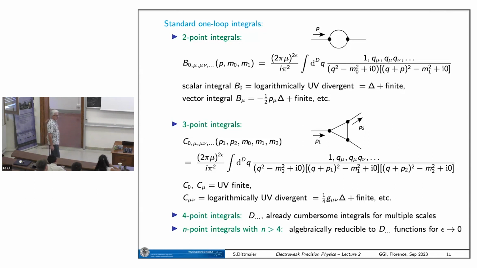And the finite pieces contain just logarithms of unpleasant square roots and stuff. Doesn't look nice, but you can easily do it. You have to work a bit harder to do it for the 3-point functions. For high enough tensors, you also get divergences starting from tensor rank 2 actually. And the finite pieces can always be expressed in terms of dilogarithmic functions, which is just an integral over